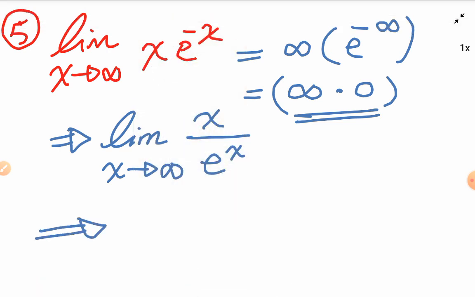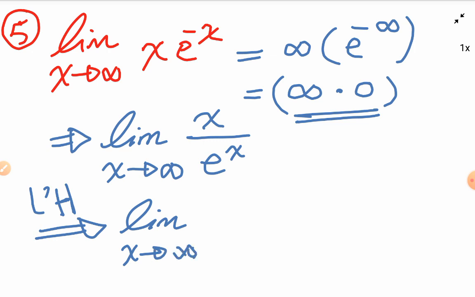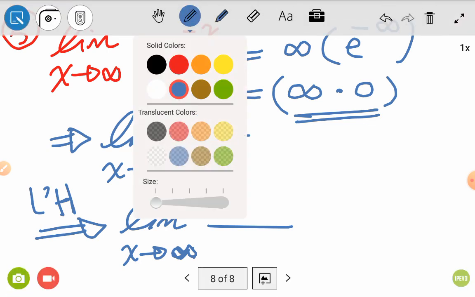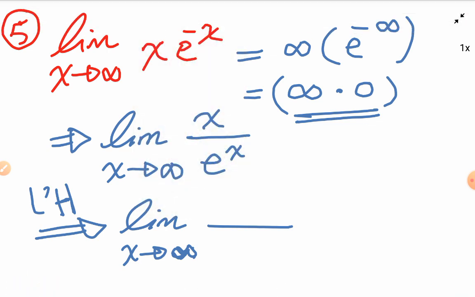Then apply L'Hopital's rule. What's the derivative of the numerator? The limit as x approaches positive infinity of the derivative of the numerator, which is 1, nice, over the derivative of e to the power of x, which is e to the power of x, it stays the same. So 1 over e to the power of x, and we know 1 over e to the power of infinity,